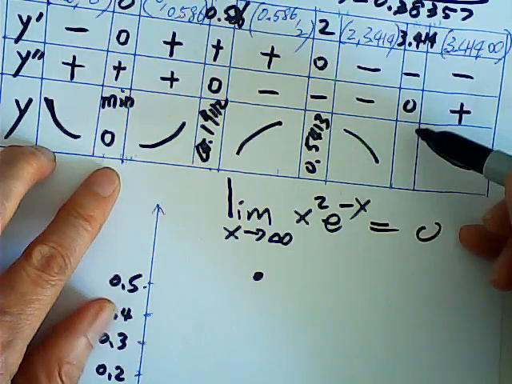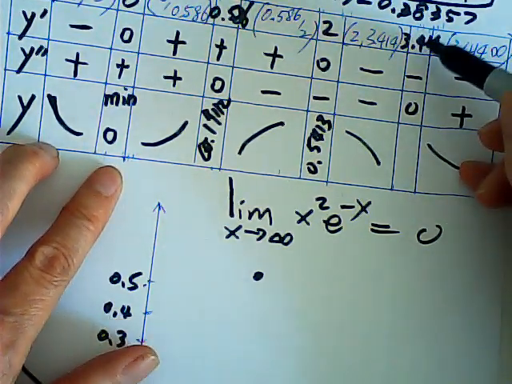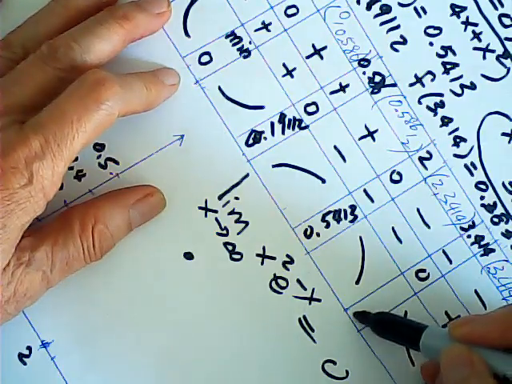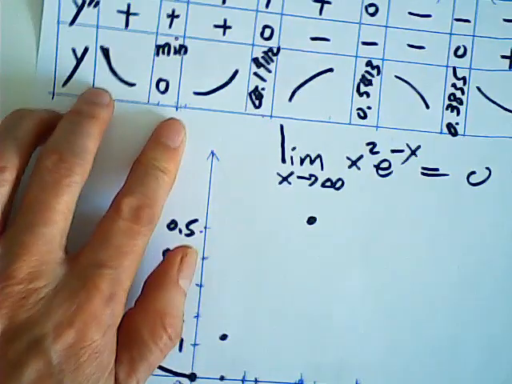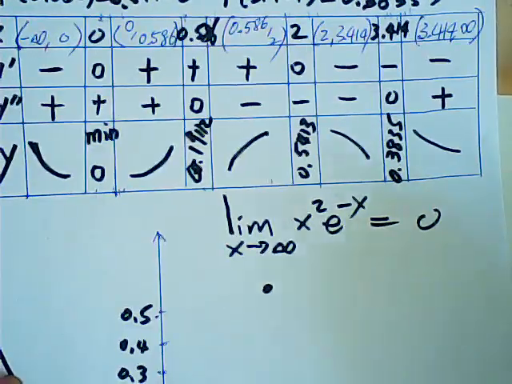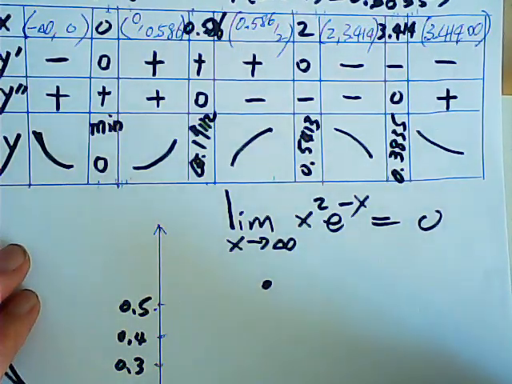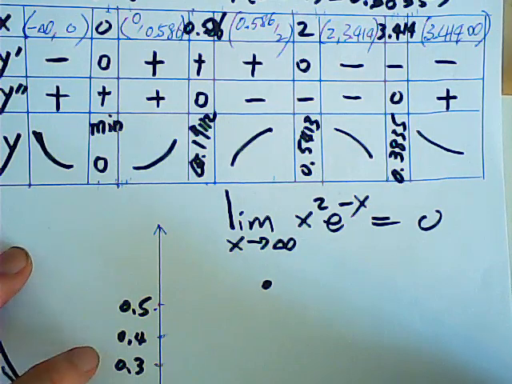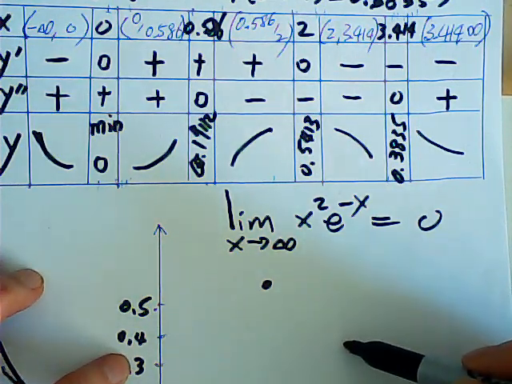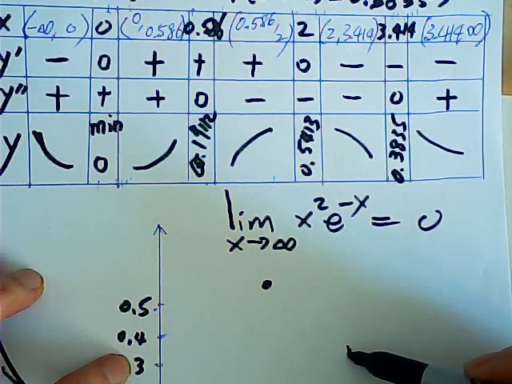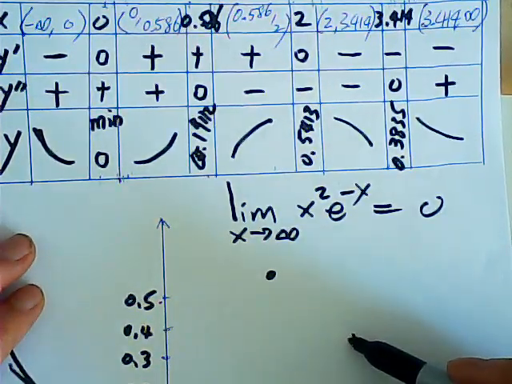And this, when x is 3 something, this is 0.3835. Then when x equals 3.4 something here, this is 0.38 somewhere here. So okay, these are